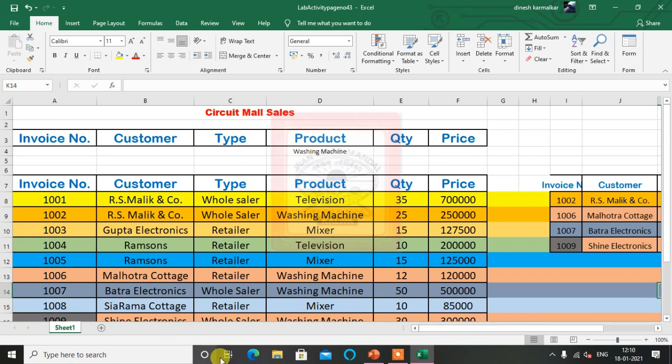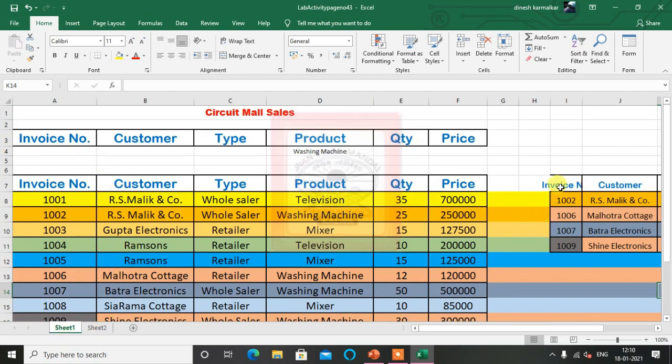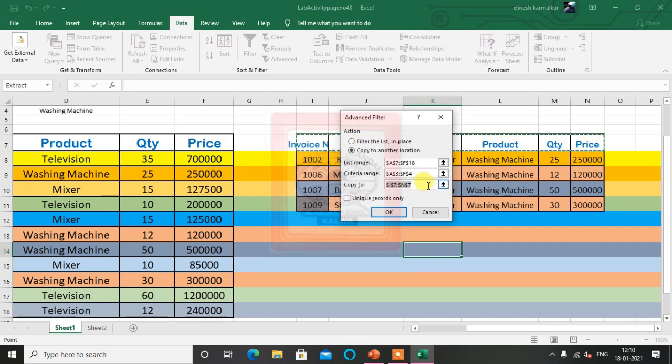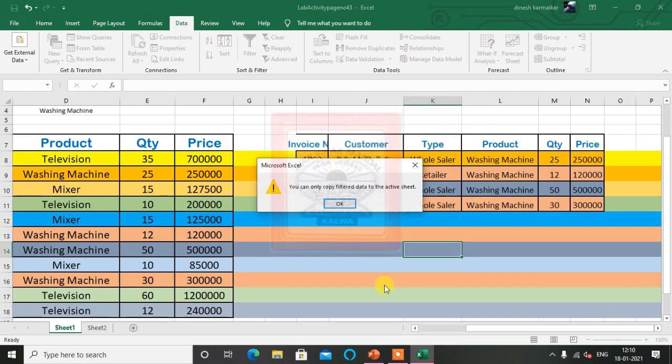Now to see this clearly, we can take another sheet also. Let's make another sheet and try this same thing again. So again I will take Data, Advanced Filter, copy to another location. This A7, that same criteria I want A3, so only this copy to another location changes. I will delete this from here and go to sheet 2, take these 6 options and hit copy here.